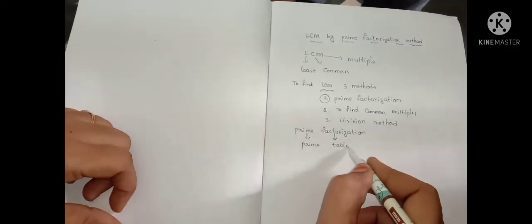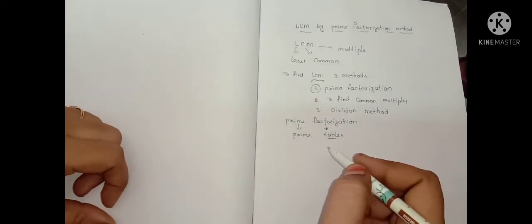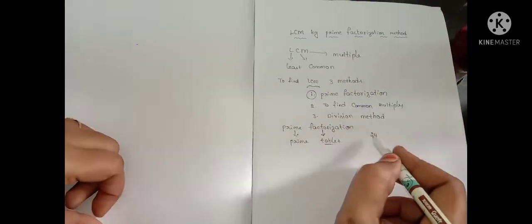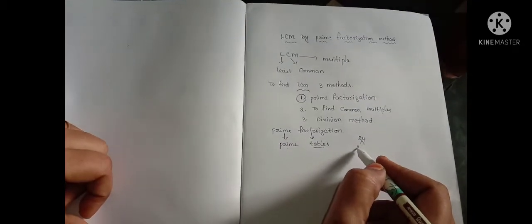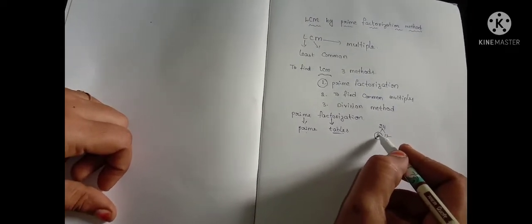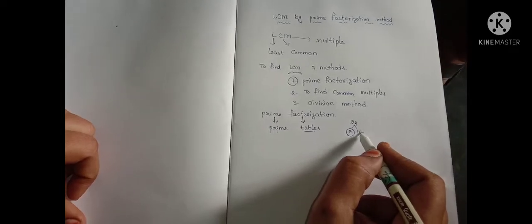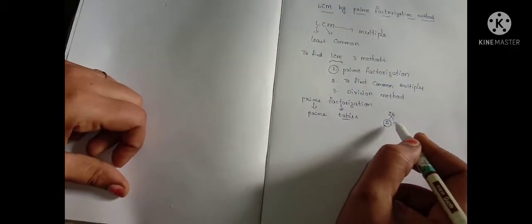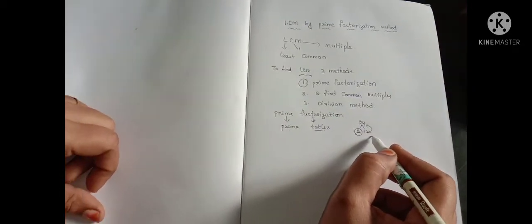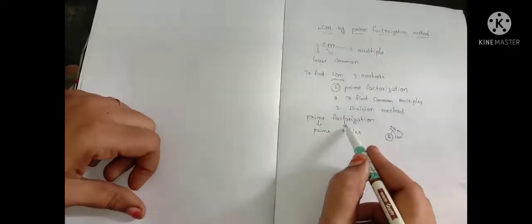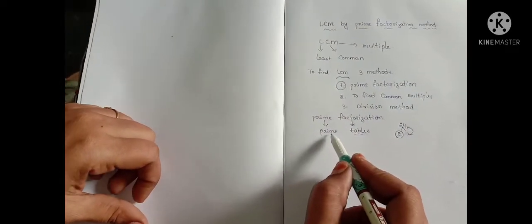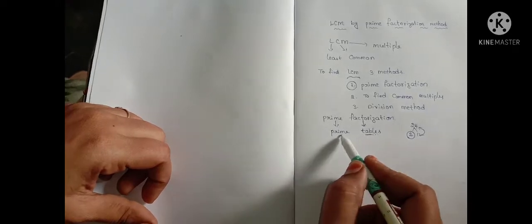That means nothing but tables. Suppose we are taking 24. In which table will 24 come? It is possible in the 2 table: 2 12s are 24. So 2 is a factor of 24. In the 12 table also 24 will come: 12 2s are 24. So 12 is also a factor of 24. Did you understand now? Factor means tables. Prime factorization means you take prime number tables.